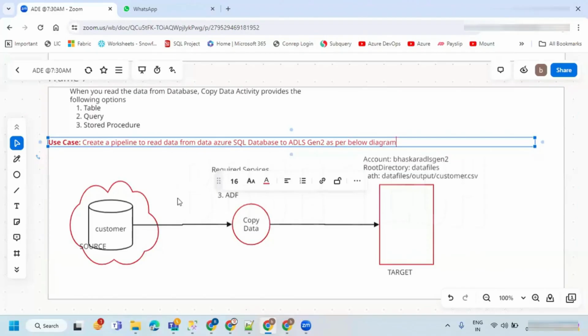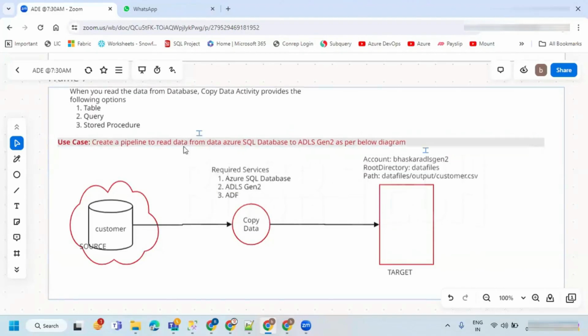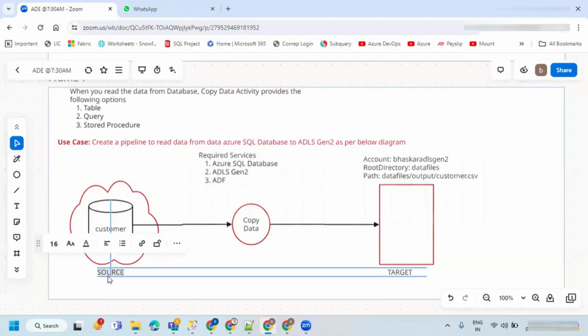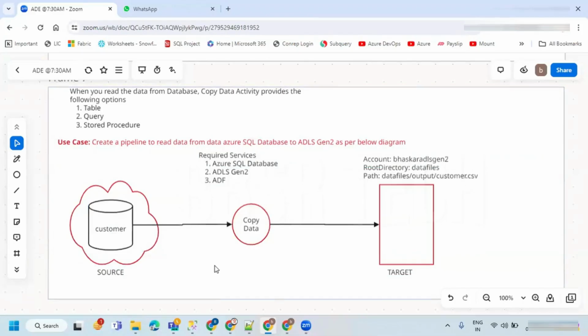So I wanted to do this, and in order to do this we require these services. These required services are these, and these are all the sources I wanted to say. So let's set up the services first. Once I set up this, then we are going to see how exactly we can handle it.